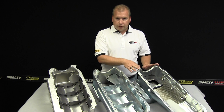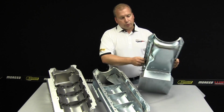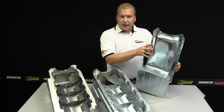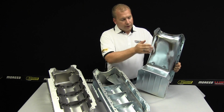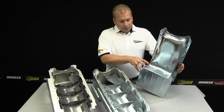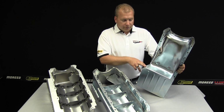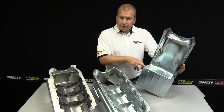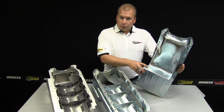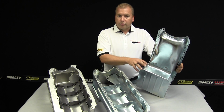This is what we call a street strip pan. It'll fit into most front ends of most GM cars. Because we're using a stock core, it's got notches built into it to go in the most front ends. It's about 4.5 inch deep in the front, tapers down, and then in the vicinity of where the stock sump was, Moroso puts on a more squared off, wider kicked out sump. In the case of this pan, we have 45-degree notches on the front corners to clear some of the steering. Other pans we have are squared off on the corners. And this is where understanding what type of chassis and application you have is important to make sure this pan